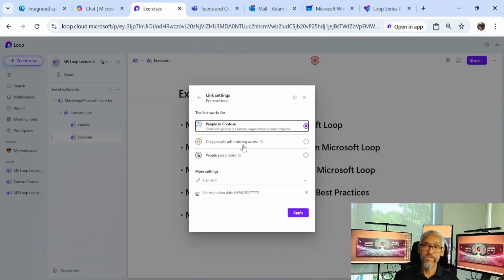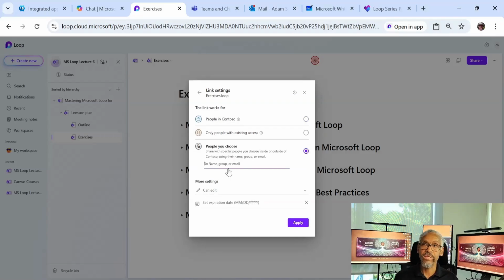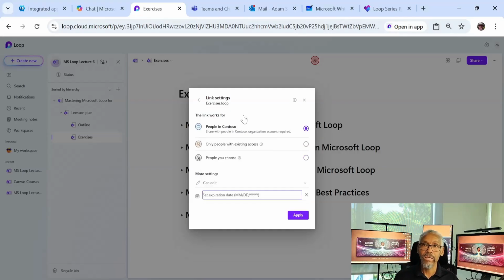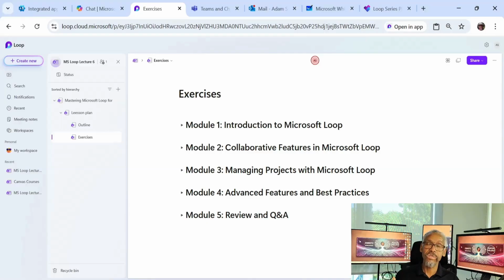You can specify who has access to it, and if you specify individuals, then you can also give them specific permissions. Furthermore, you can set an expiry date on that. I'm not going to do that. There are no secrets here. This is open to my entire organization, so I'm going to go ahead and leave it at that. And what happens here is